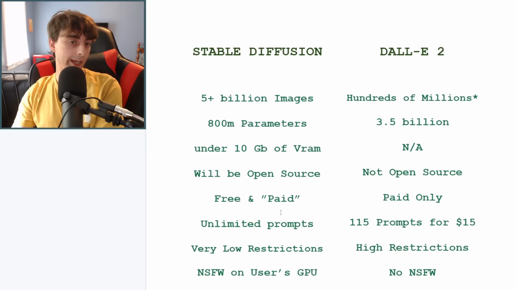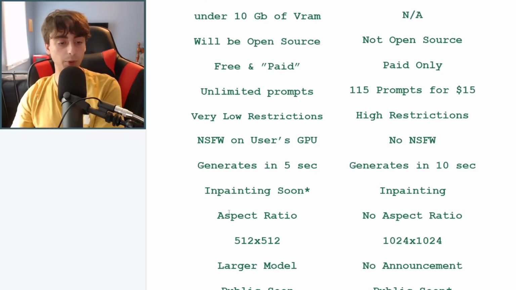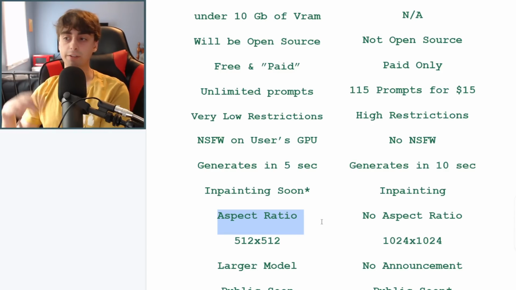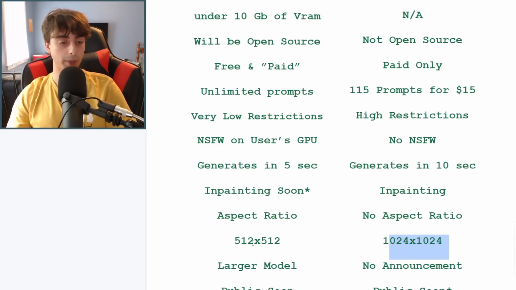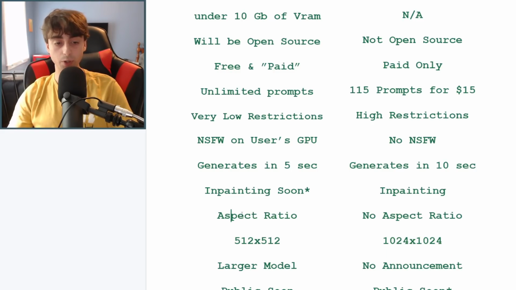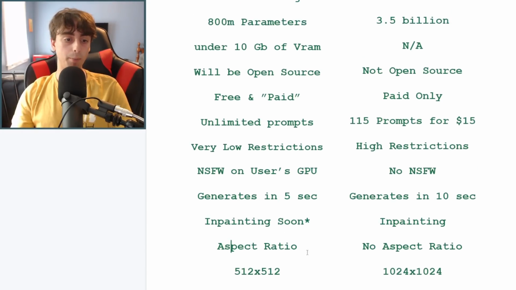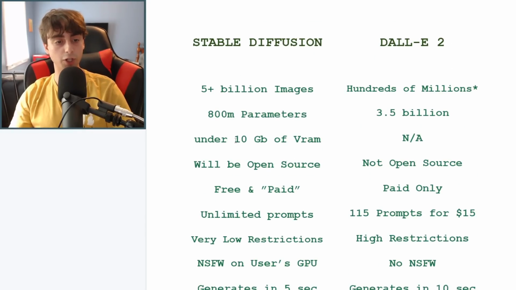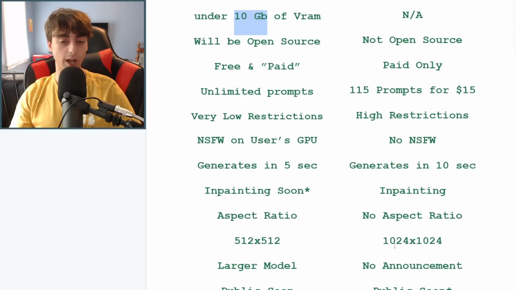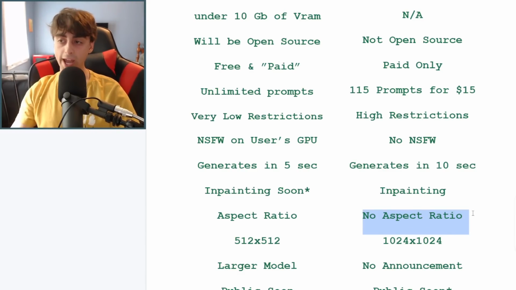It is a feature. And with Stable Diffusion, we also are able to do aspect ratios, so you can generate in different resolutions and aspect ratios. So you actually can go up to 1024 by 1024 resolution with Stable Diffusion. Of course, that's a part of the different aspect ratios that are available, but there's no saying for certain that you will be able to run this model at home on your own GPU under 10 gigabytes of VRAM at this crazy high resolution. Basically, the basic setting for Stable Diffusion right now on the server is 512 by 512. And of course, with Dall-E 2, we have no aspect ratio option.